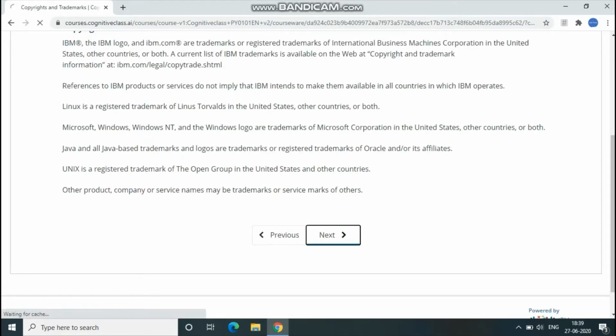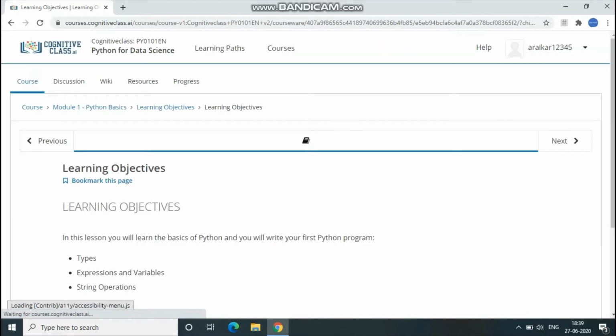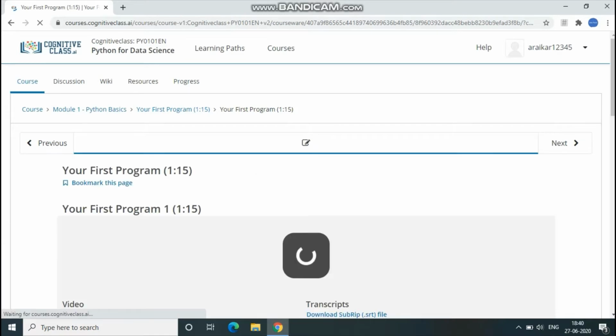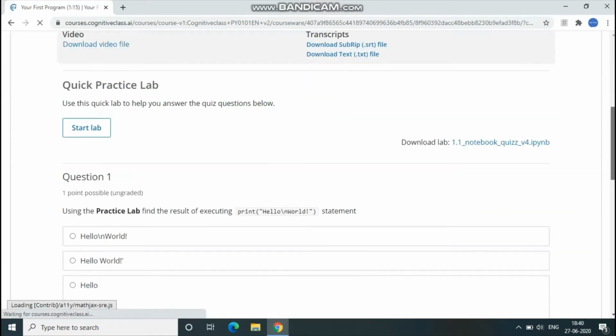I suggest you go through it once. Here we'll have types of expressions, variables, string operations, everything. We'll start with the first one.